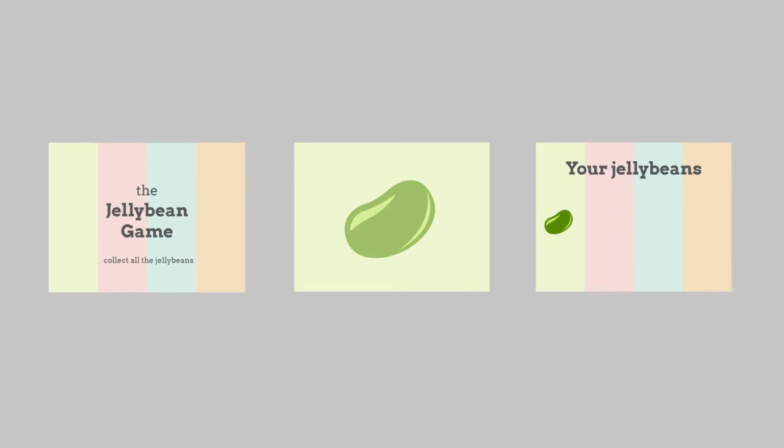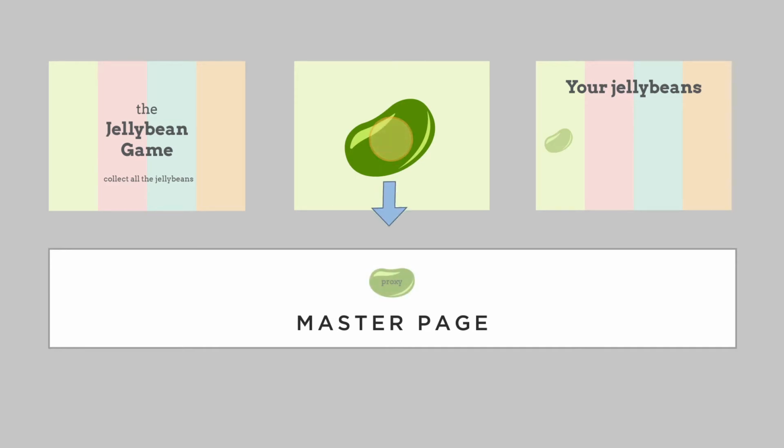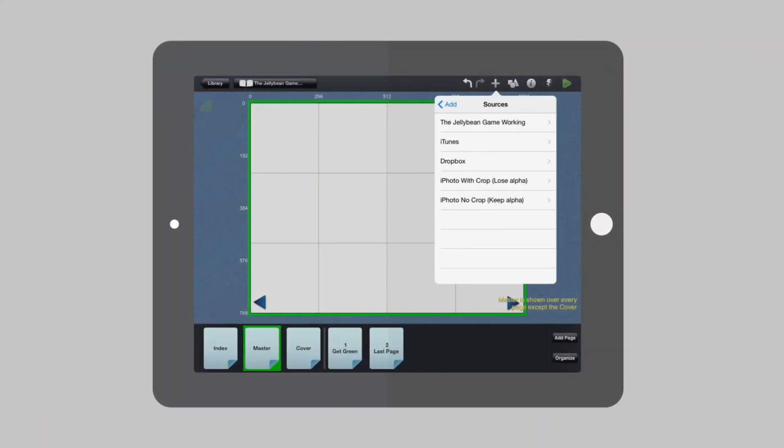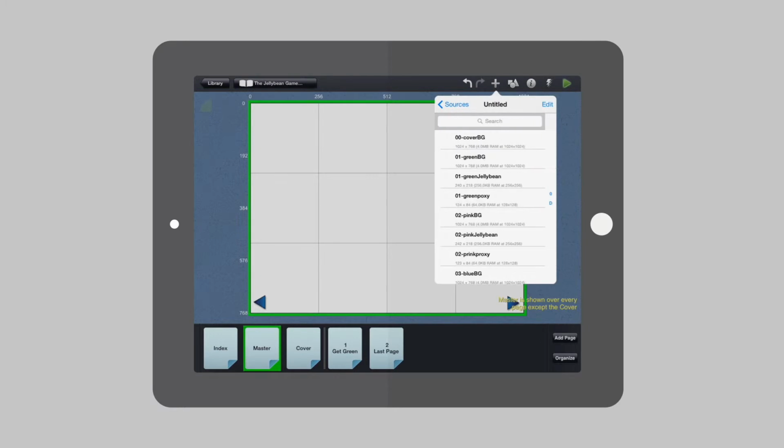This is done by using function proxies on the master page and behaviors on the last page that will read the state of the function proxy on the master and then respond. Since the master page can be accessed at any time throughout the book, this is what is going to give our book memory. First, I'm going to start on the master page and import an image that I will use